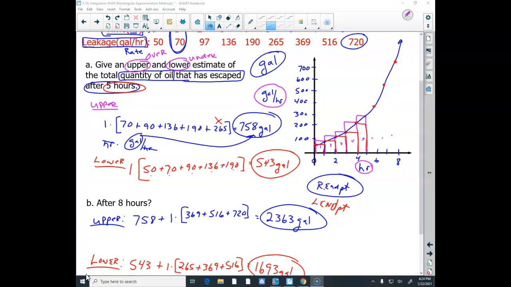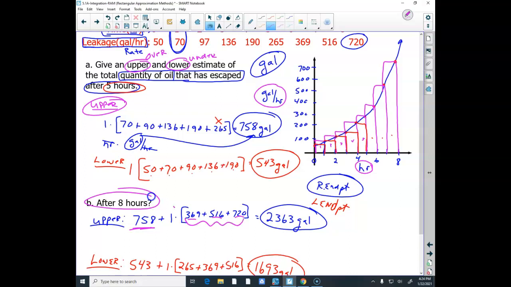Okay, so notice if I need to go after 8 hours, there's no sense in adding up those first 5, because I know what those first 5 hours are. I found it in part A right here in that upper sum. So all I really need to do is come back here, because that was my right endpoint. I just need to take that area, and that area, and that area, which is right endpoint at 6, that's going to be 369 plus 516 plus 720. The sum of those heights times the width plus what I found in part A,